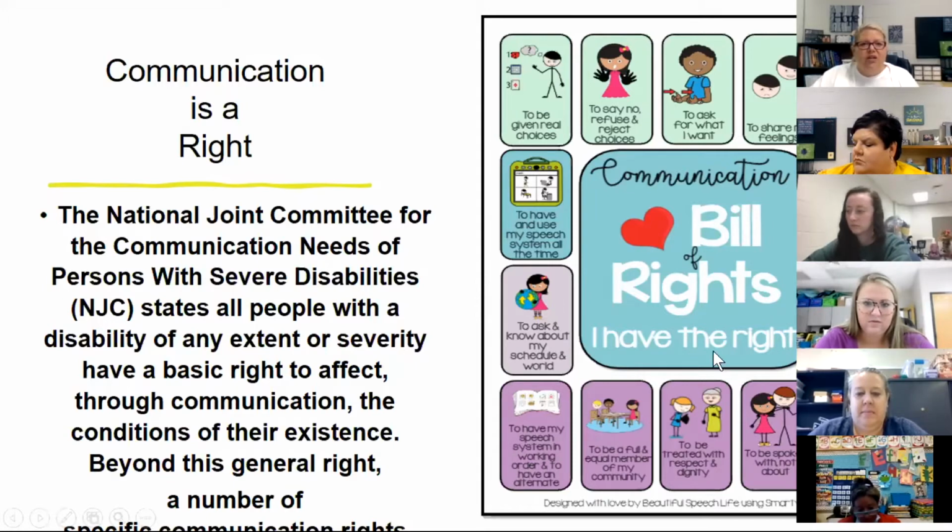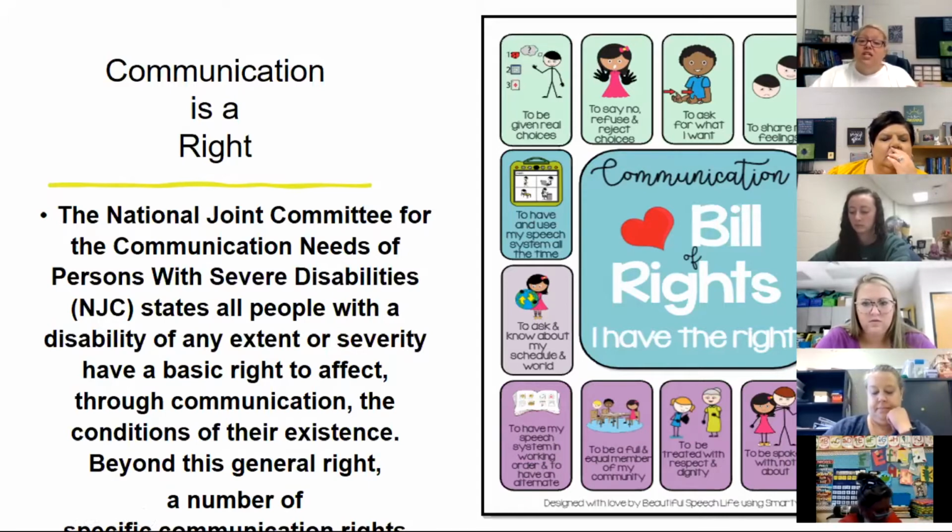So thinking of all of those rights, again, even sharing these with other staff members in your building, that every child has a right. Sometimes staff in our building who don't work directly with the student will want to talk about that student in the hallway or wherever, and the student is right there. So just gently remind them, look, this student deserves the same respect and dignity that everyone else does. We don't need to be talking about them right in front of them, okay?